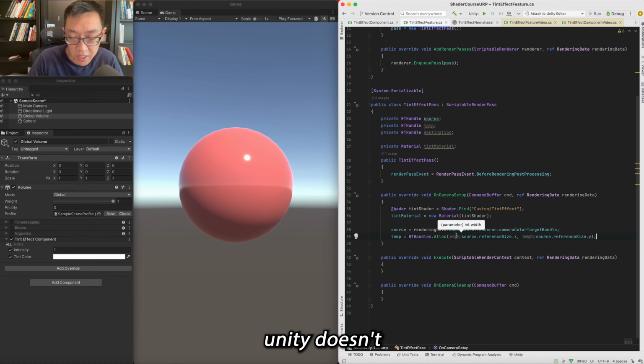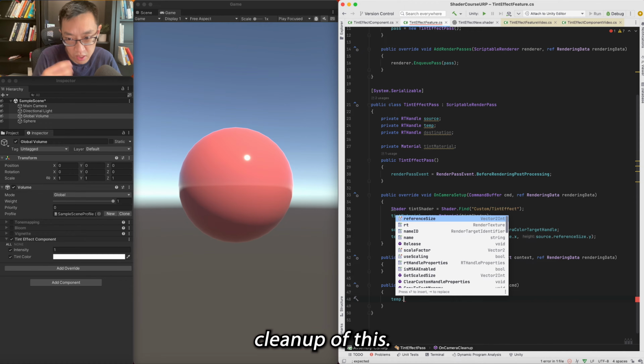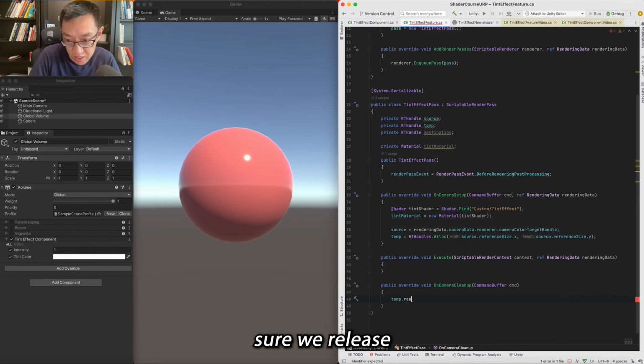Now, unfortunately, Unity doesn't have a lot of documentation when it comes to RTHandles. What I've done is just kind of look through how they've initialized it, and I've just kind of done my own way, and it seems to have worked. However, if you guys see something that, hey, this is not quite right, I'm doing something wrong, please do let me know, because there's just limited documentation on how we're supposed to use RTHandle. Next, what we want to make sure is on the camera cleanup, we actually handle the cleanup of this. So we want to make sure we release